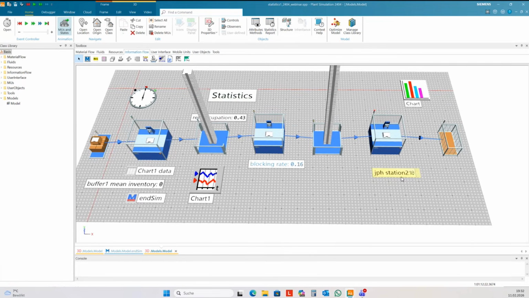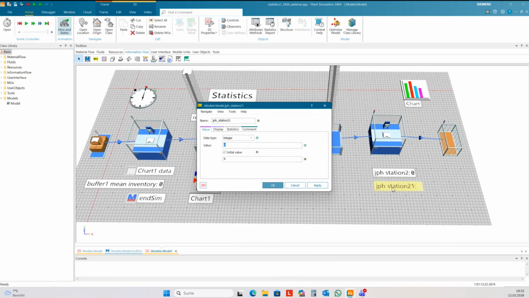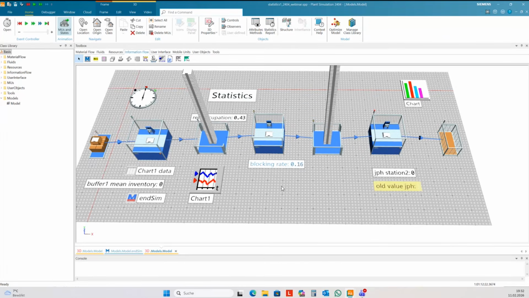I need to remember the old value at the start of the hour.